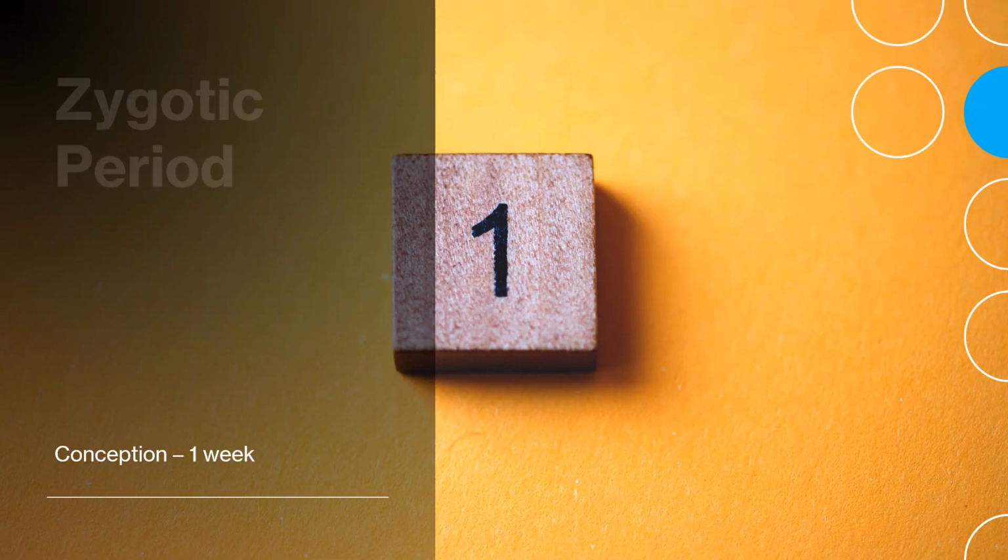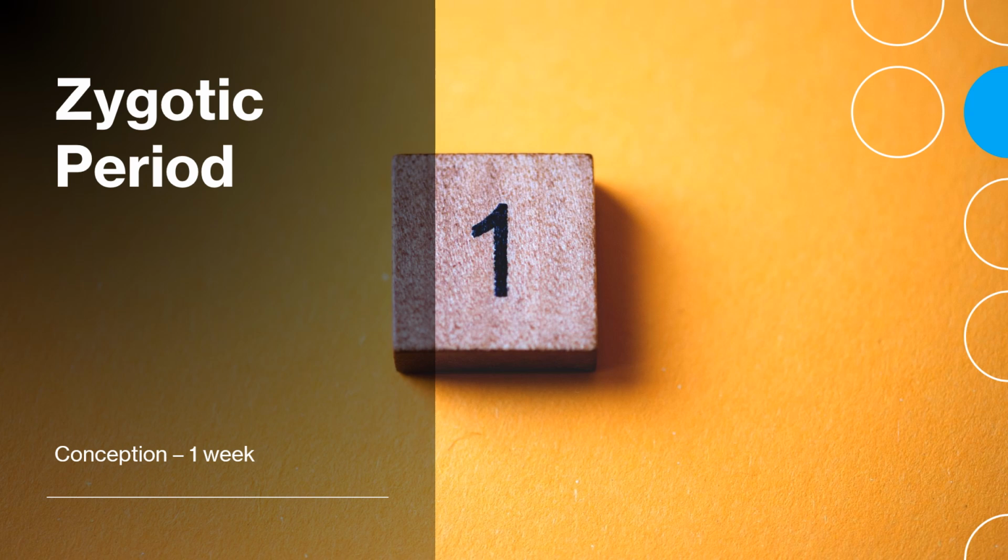The first period will be the zygotic period. This is very early on. It's from conception to week 1. The person might not even know they're pregnant at this point. So it's a super sensitive time, and the pregnant person could be ingesting things that are potentially lethal to the zygote. So about 50% of fertilized eggs spontaneously abort during this period, but if they don't, we will move on